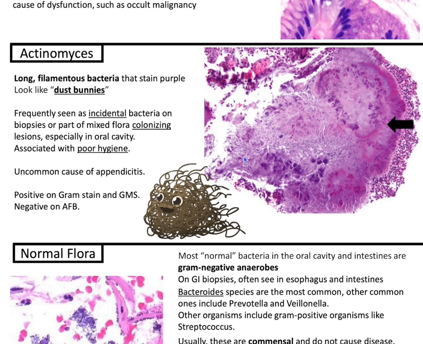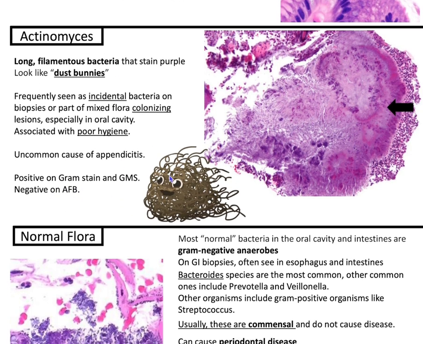Actinomyces, these look like dust bunnies, and they are long filamentous bacteria, frequently seen as incidental bacteria on biopsies or part of mixed flora colonizing lesions, especially in the oral cavity. It is associated with poor hygiene. It's an uncommon cause of appendicitis, and to tie it in with cytology, you can see Actinomyces in your Pap smears as well. It's positive on Gram stain and GMS. It's negative on AFB, in contrast to, if I'm not mistaken, Nocardia, which would be positive on AFB,